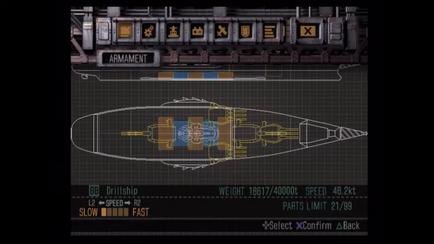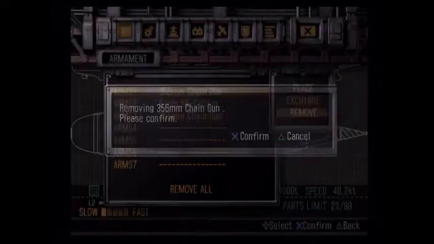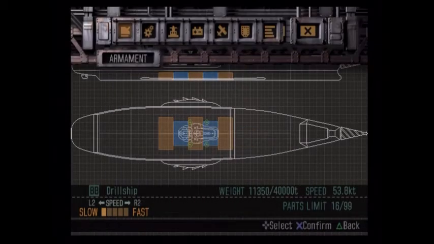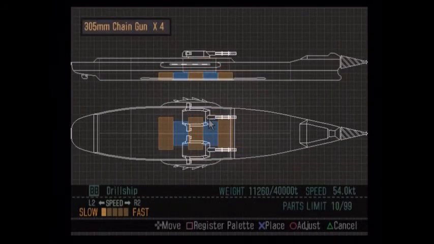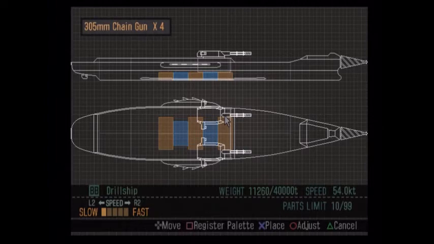Okay, so I am back from grinding. I beat that boss 3 more times, so now we have 4 of these 305mm chain guns to play around with. And we're actually just going to go ahead and remove all of those, as well as these structures up here, since now we know that we can place these guns over top of the engines on this hull, which is absolutely insane, and I love it. So I would like very much to...